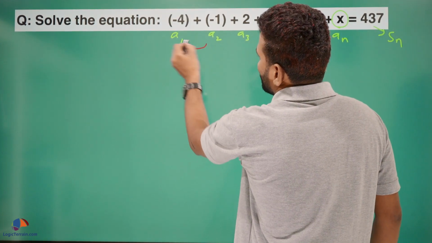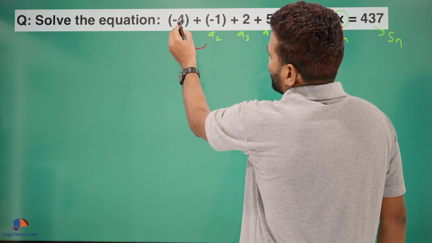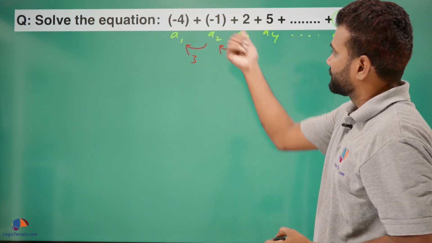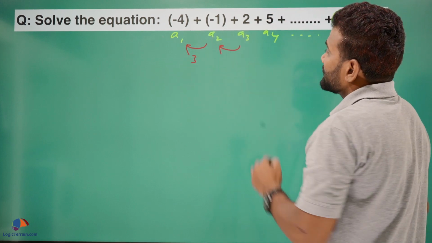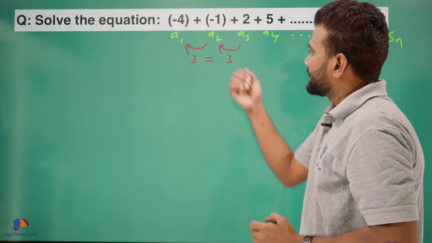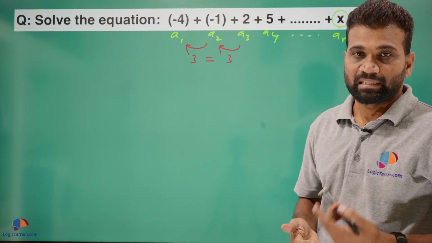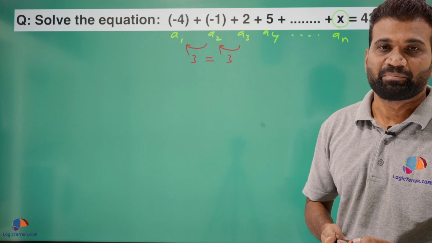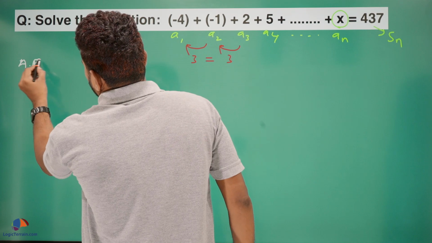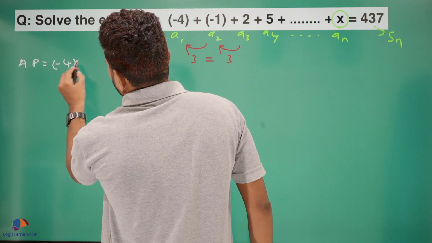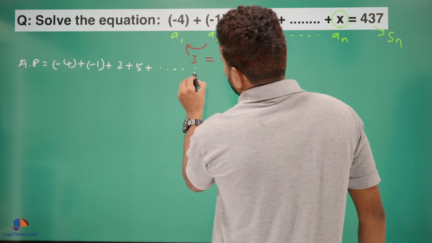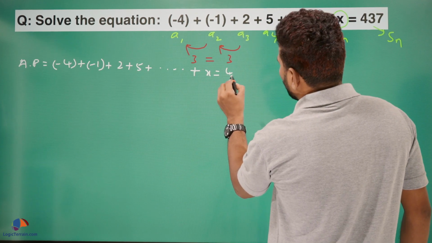Okay, so let's have a look here. Let's find the difference. a2 minus a1: -1 minus of -4, that is -1 plus 4, which is equal to 3. The difference of these two, 2 minus -1, that is 2 plus 1, that is 3. So since d1 is equal to d2, which means the common difference is the same, the given sequence is in AP. So the AP is -4 plus -1 plus 2 plus 5 plus and so on plus x is equal to